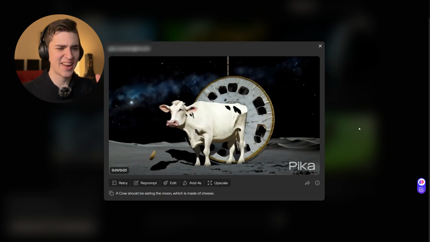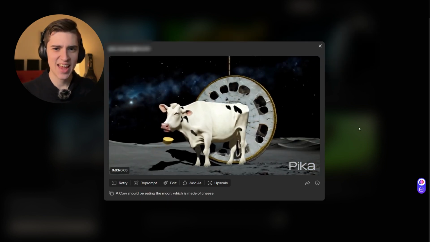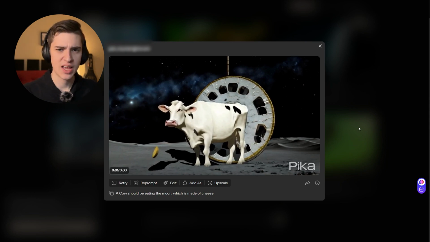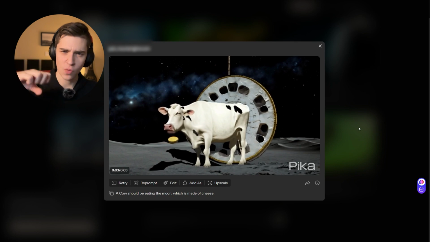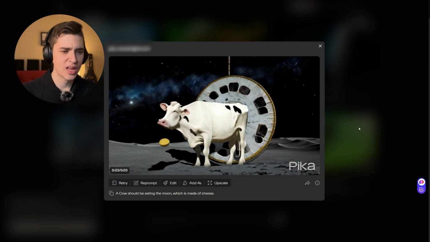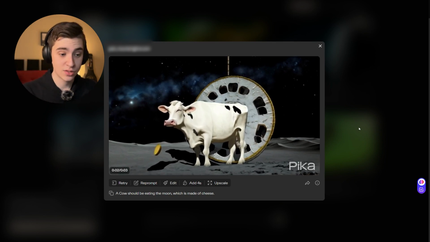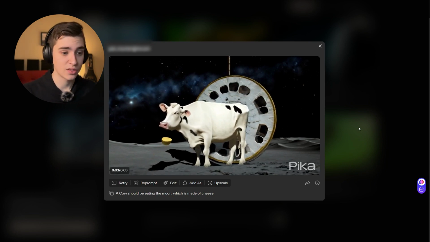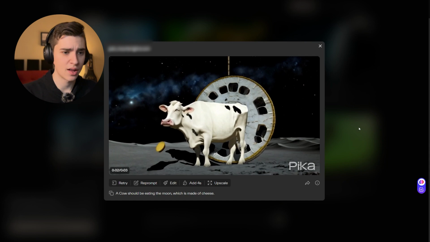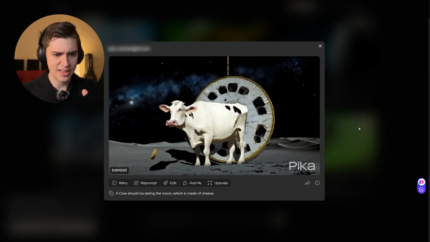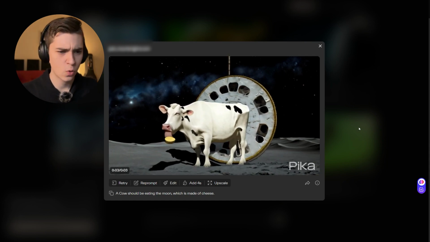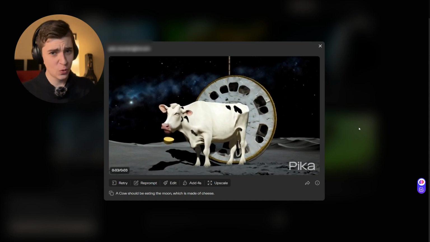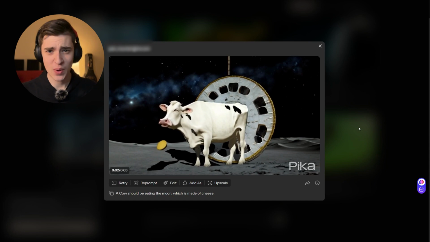For this one here, it seems like we didn't get exactly the answer that we wanted. I said a cow should be eating the moon, which is made of cheese. So I was kind of hoping the cow would be biting the ground or something like that. But instead we just have an image of a cow and some cheese. I imagine that's cheese floating on the moon. And as it gets close, the cow sticks out its tongue. I have no idea what's behind it. It looks kind of like a solar reflector or something from some sort of command module. At the very least, we do have our moon, we do have our cow, and we do have our cheese.